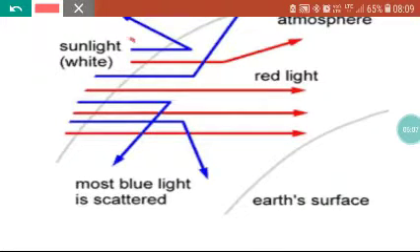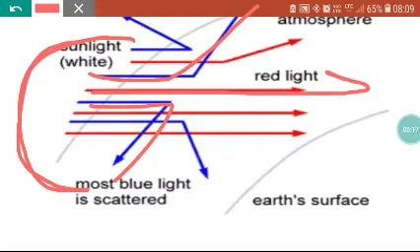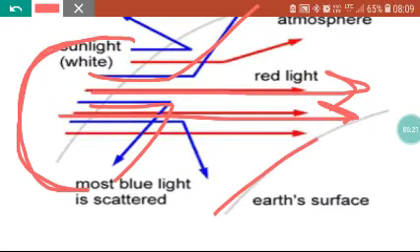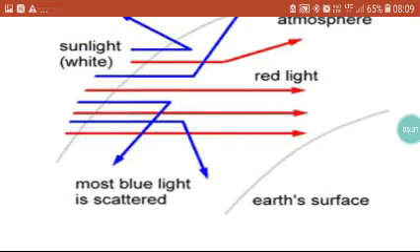All these 7 colors started from here. This is the sun. But as they reach there, the blue color is scattered earlier. But because the red color has a longer wavelength, it reaches a long distance here at the earth surface, and we are standing at this position, so we will see only the red color. That is why the sun appears red or orange in the morning or in the evening. Okay,